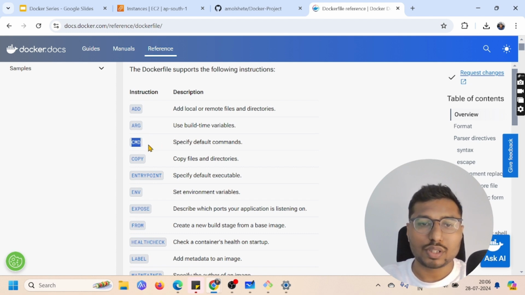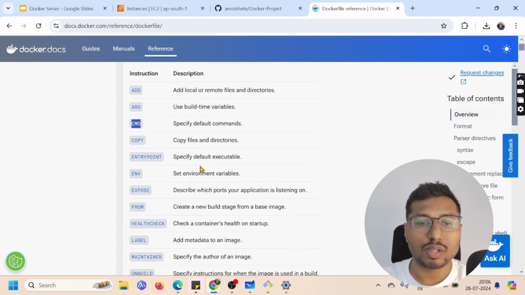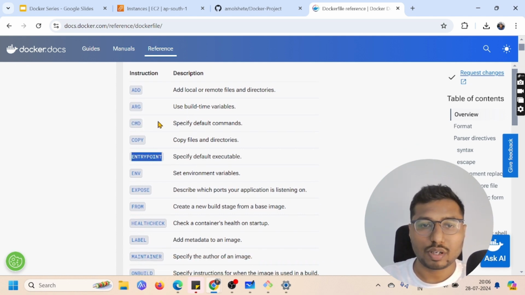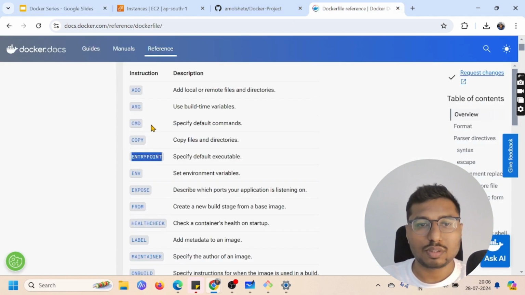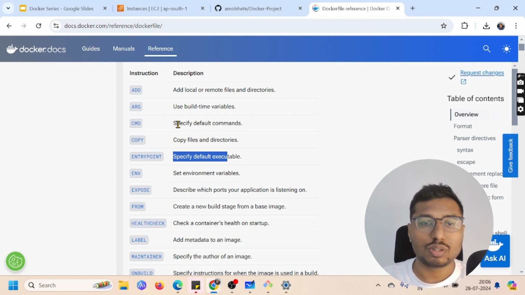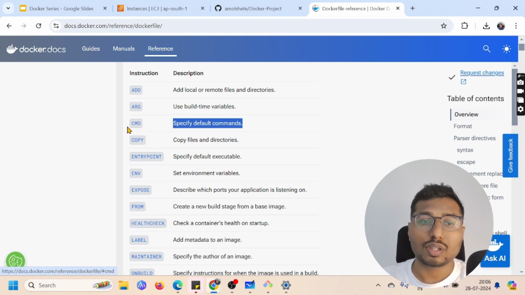You have one more very important instruction, which is CMD and ENTRYPOINT. This is also one of the popular questions, so we are going to discuss that in a few minutes. Before that, let's understand what similarity they have, CMD and ENTRYPOINT. They are both responsible for running your startup command. Your container requires at least one process to be running all the time, and in such case we are going to make sure that CMD or ENTRYPOINT is the actual command of your